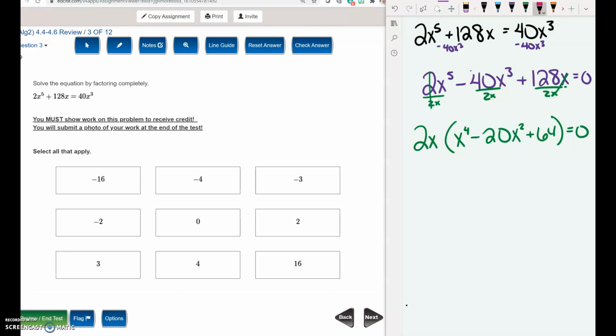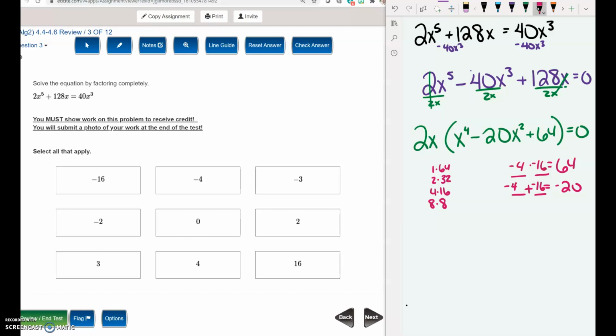We need to factor the trinomial. We're looking for two numbers that multiply to give us 64 and add up to negative 20. Ways to multiply to get 64: we got 1 times 64, 2 times 32. If I try 64 divided by 3, I get a decimal. 64 divided by 4 is 16. 64 divided by 6 is a decimal. 64 divided by 7 is a decimal. 64 divided by 8 is 8. Now, ways to get 20. If we had negative 4 and negative 16, that would get us negative 20, and negative 4 times negative 16